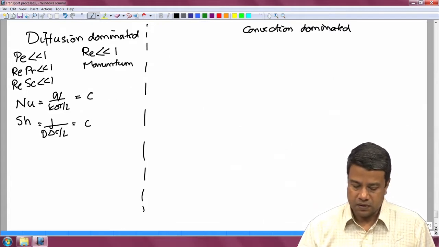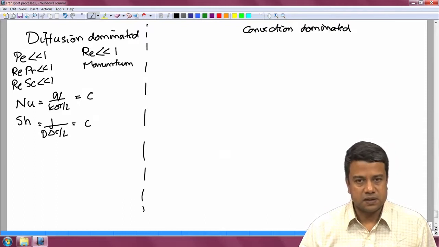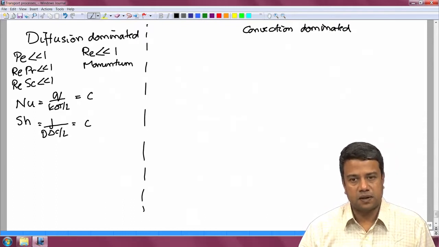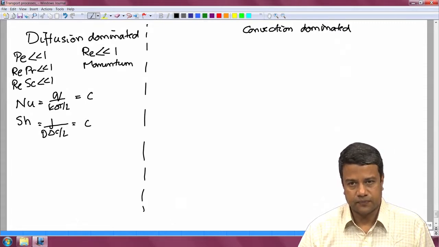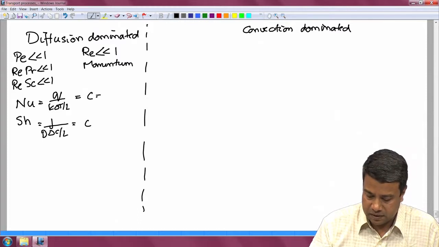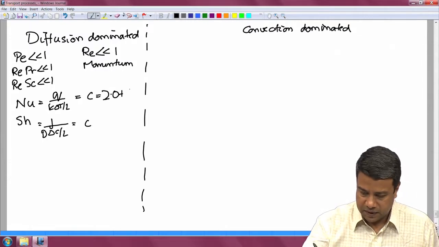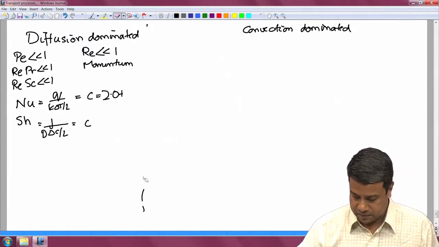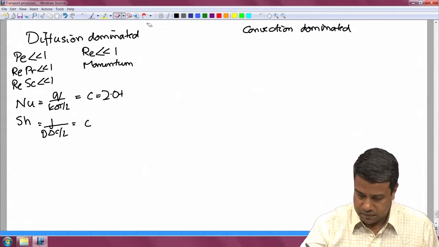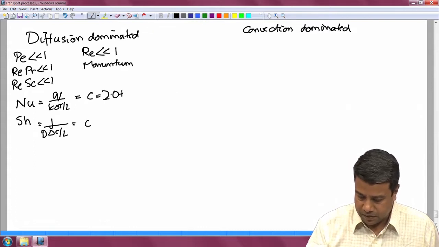And so, in this limit, correlations will inevitably tell you that the Nusselt number and the Sherwood number go to constant values. And we had actually seen that for the correlation for the mass transfer and the heat transfer from a particle. Let's take some space here. 2 plus 0.6